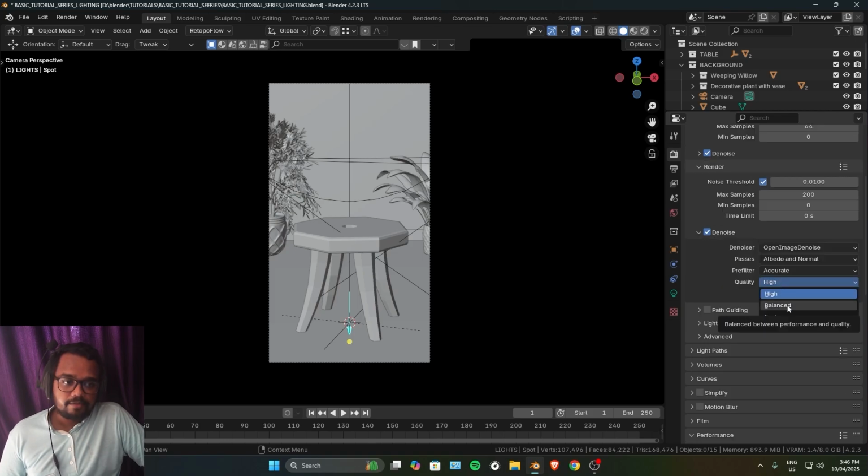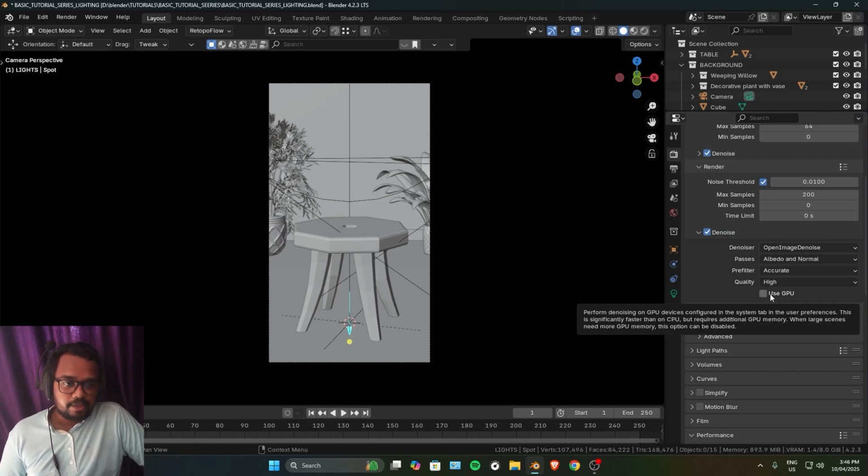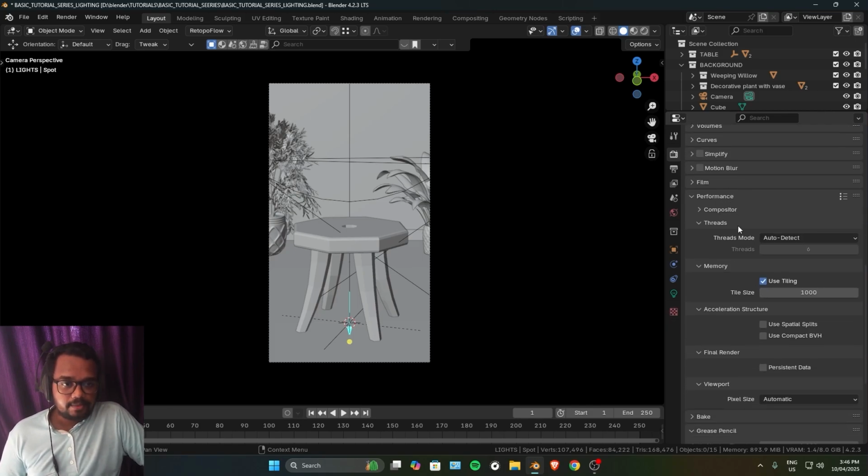Quality, again, if you are on the low end side, definitely go for fast. If you are medium, balanced, and if you have a decent PC build, then definitely go for high. Use GPU, if your GPU is good enough, you can use that. And then let's go to the performance. Now over here, there might be some number like 2048 or 1024. If you're on a CPU, then I will definitely say go for something like 200 or something like 64,